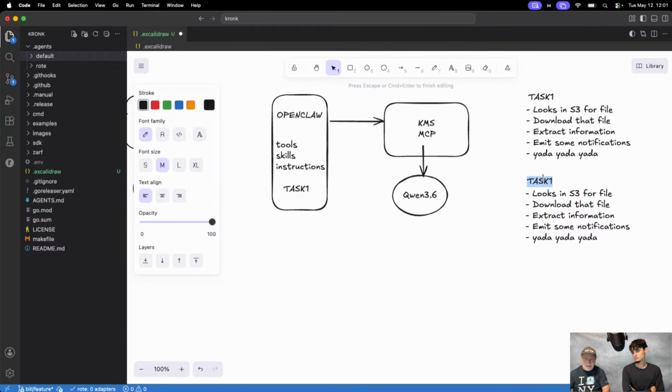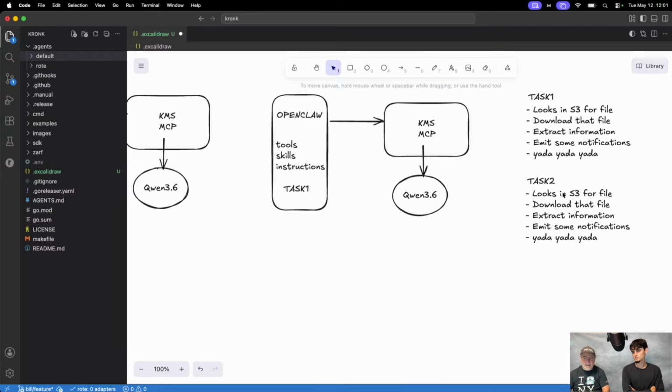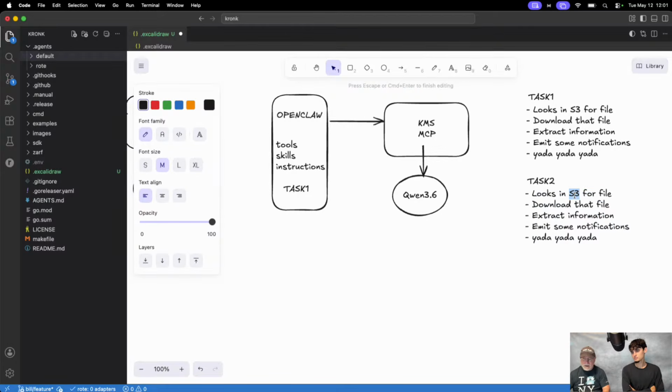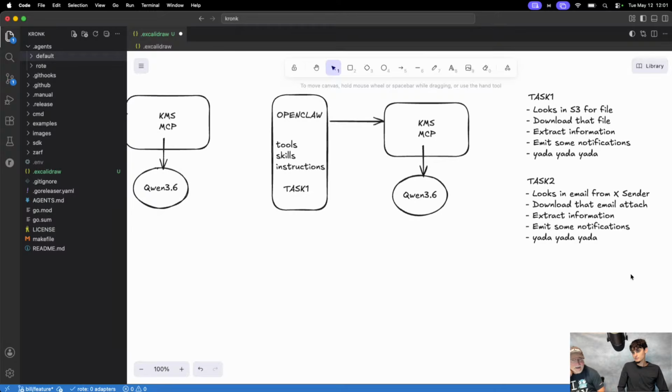It could, but these could be tasks that do that. Look in email for leads or something from X sender. Download the email attachment. You're getting some idea here.